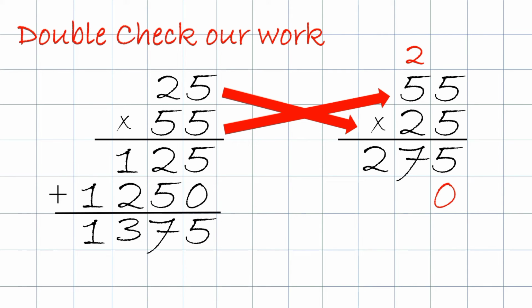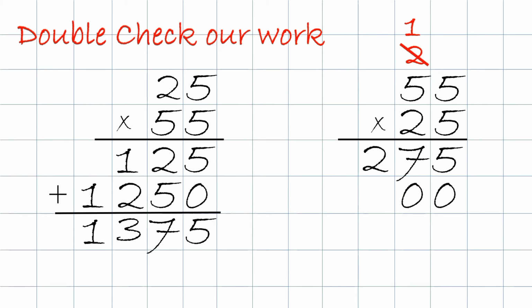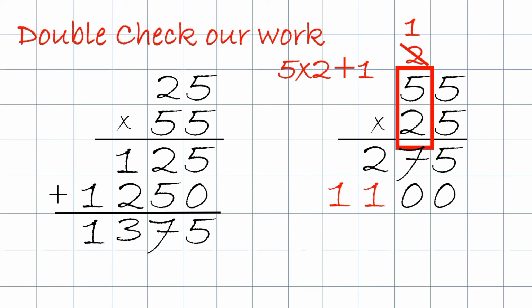2 multiplied by 5, the answer is 10. So we write 0, carry 1. Then we move on to multiplying 2 multiplied by 5. Then the answer we get, we shall add 1. So 2 times 5 is 10, then added to 1 is equal to 11. So we are going to add 275 plus